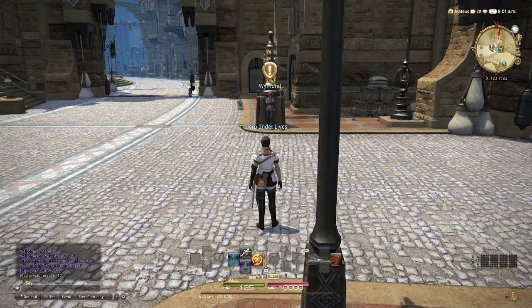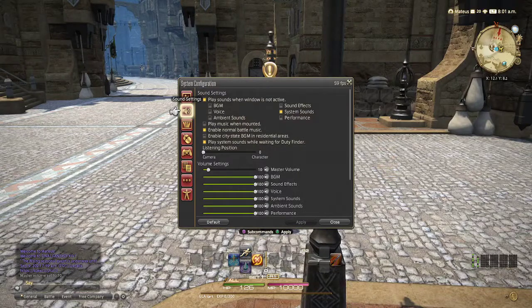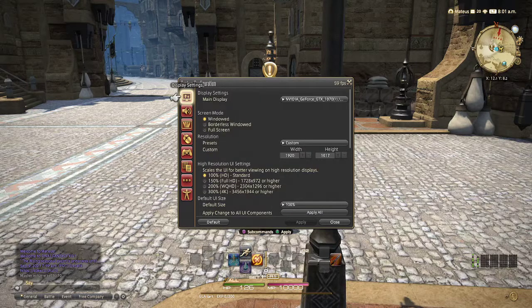In the last video, I talked about how we were going to be going into our system settings, system configuration here, to talk more about the settings that we have here. We're not going to be going in depth as much as the last video with this. I kind of just want to highlight a couple of things here. We're going to go through this extremely quickly, and then we're going to be going into the new player experience proper. Now, this is just going to be very quick,